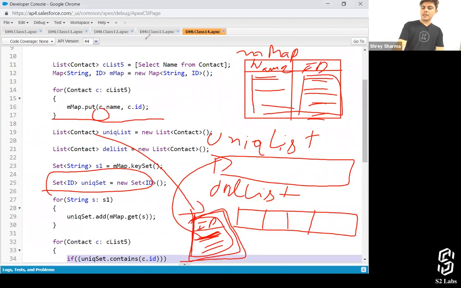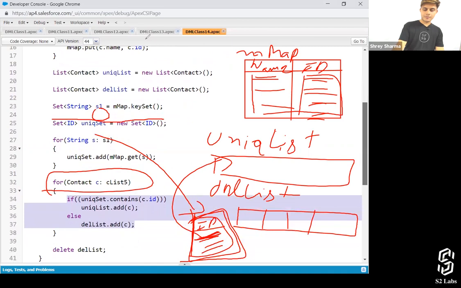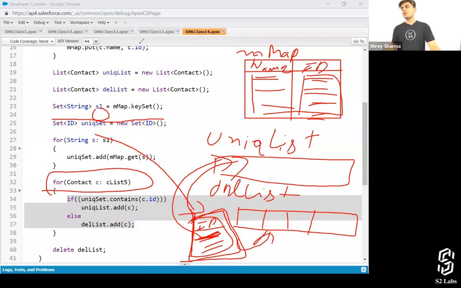That's the main list, right? So if this set contains that particular ID, the record will get added to the unique list. And if this set does not include that ID, this record will be added into the del list. That's how it goes. Does that make sense?